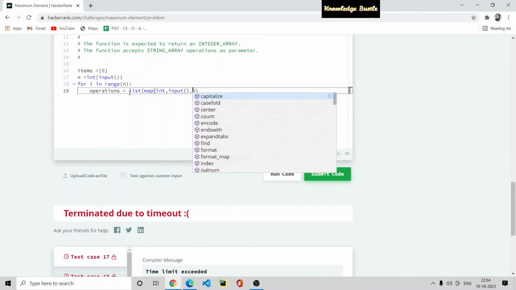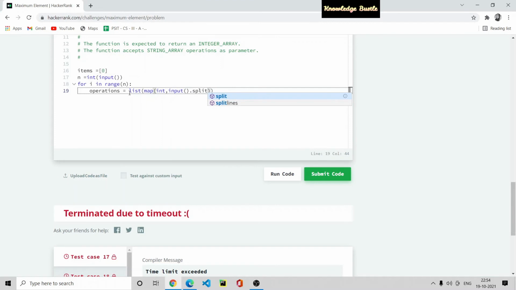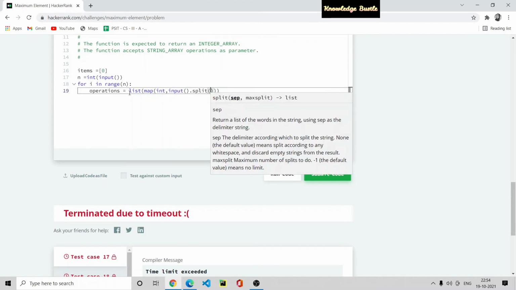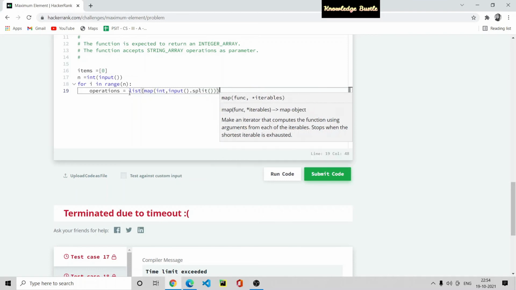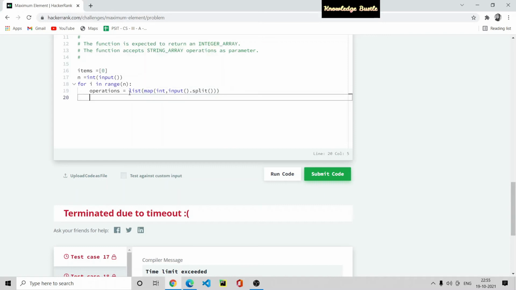I thought, guys, if you are solving the hackathon question, then you are familiar with the split function, input function, map function, list function. If you are not familiar, please mention in the comment that you do not know about the list function or map function. I will make the video for this. Okay, so here we split all the elements, all the string which you provided. Okay, so we need to check if our operation